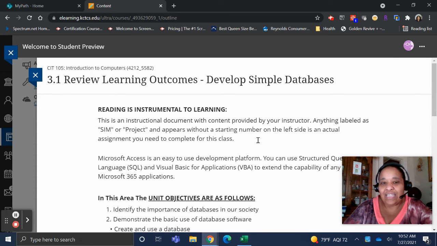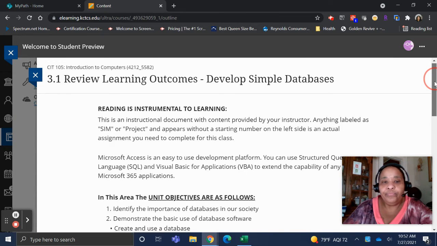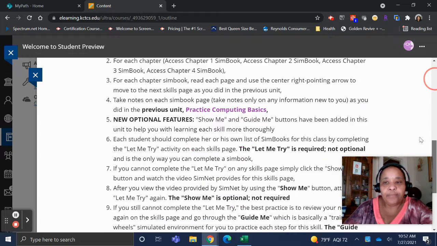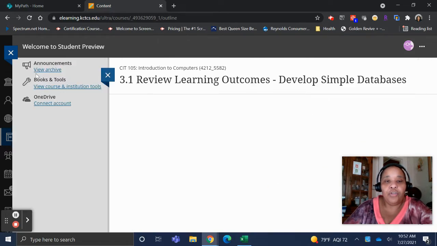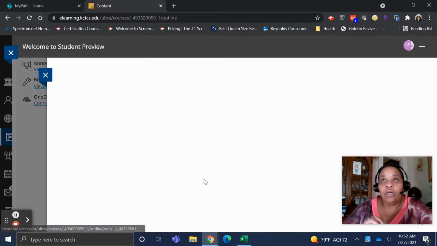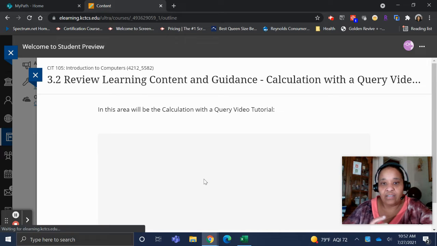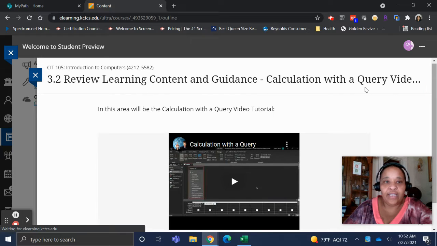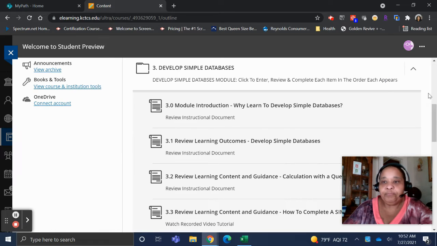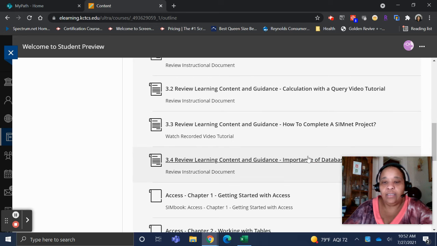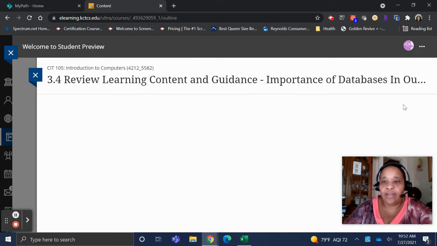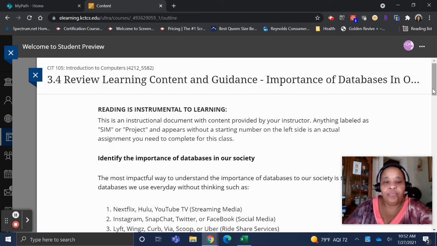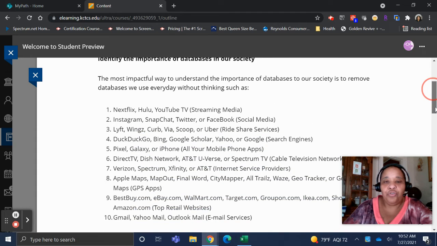And you get to see how databases are interwoven into everything that we do. I think it's the importance of databases. Okay. So everything that you use today,